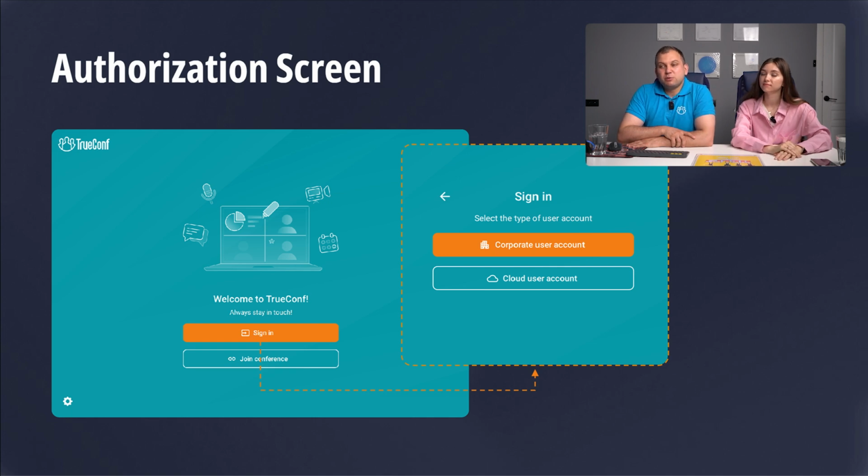But sometimes people are connecting from remote locations. They could connect from different branches of your company, different cities, and the TrueConf server could be located in a different network, different subnetwork, and the client application won't be able to receive those broadcast packets and detect where the server is. And to solve that, we supported a new way,